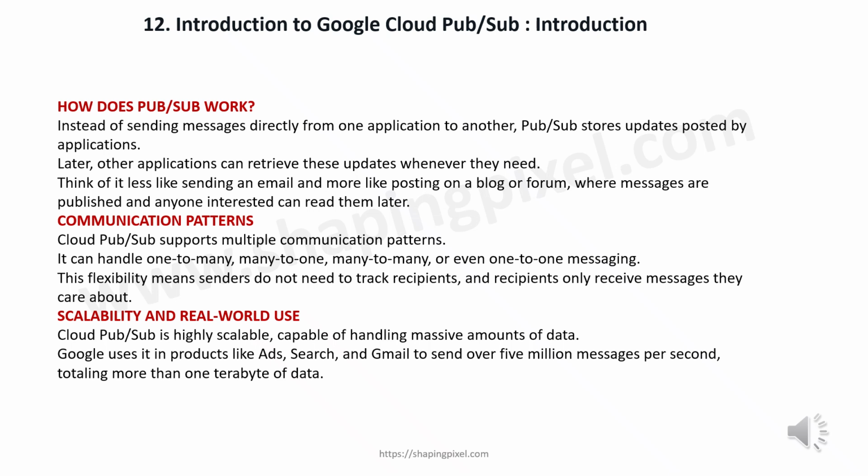Google uses it in products like Ads, Search, and Gmail to send over 5 million messages per second, totaling more than 1 terabyte of data. In short, Google Cloud PubSub enables scalable, reliable, asynchronous messaging between applications, making it essential for communicating change events in